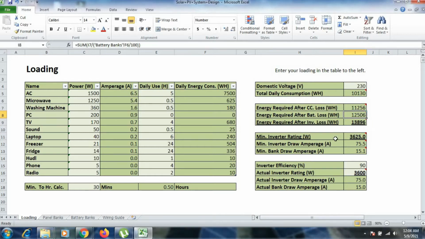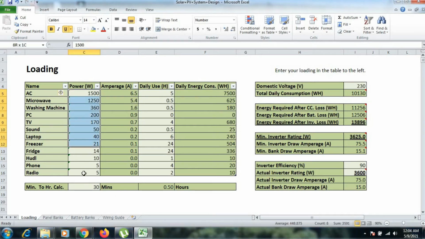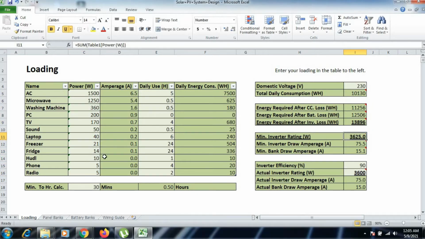Now how are you going to select the inverter rating? So for inverter rating, or inverter wattage rating, how can we consider it? We have to just add the complete wattage of the load, that is, how much wattage of load we are using. The summation of that will be the inverter rating. As you can see here, we have added all these values and we got the inverter rating in this block. So you can check it.